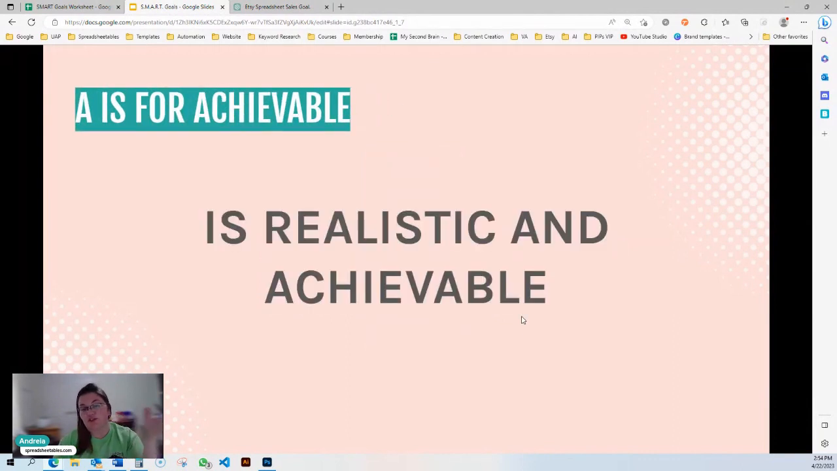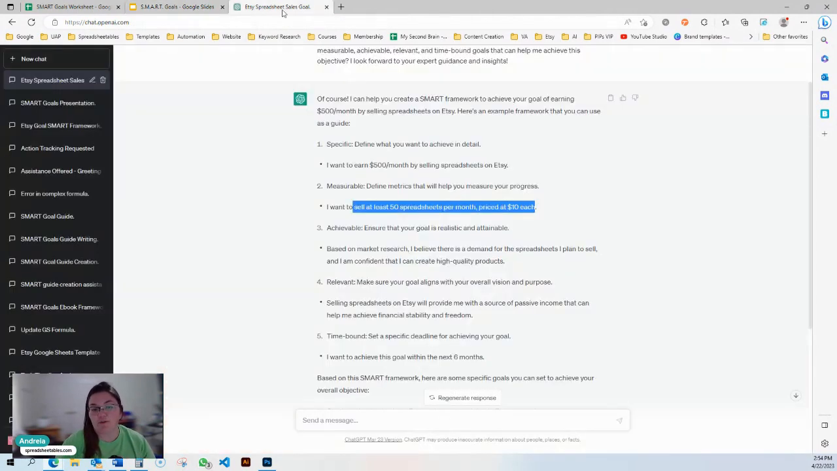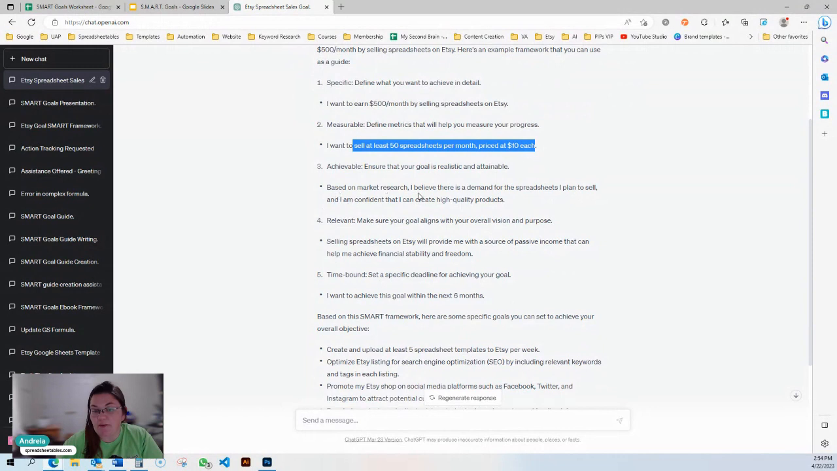So let's go to the next one. Next one is the letter A, and A is for achievable. It's a goal that has to be realistic and achievable for you. So here it says, I believe that there's a demand for the spreadsheets that I plan to sell, and I'm confident that I can create high quality products. And yes, I did my research,